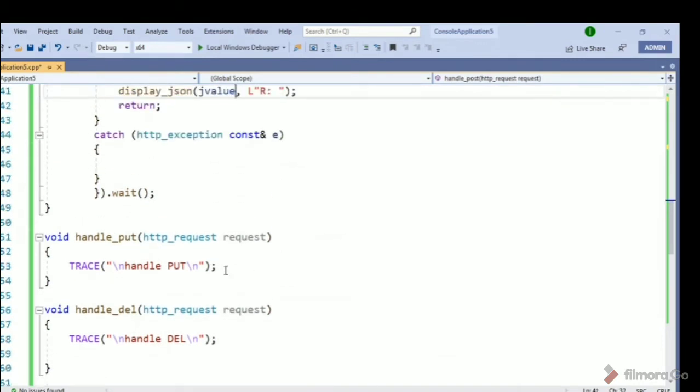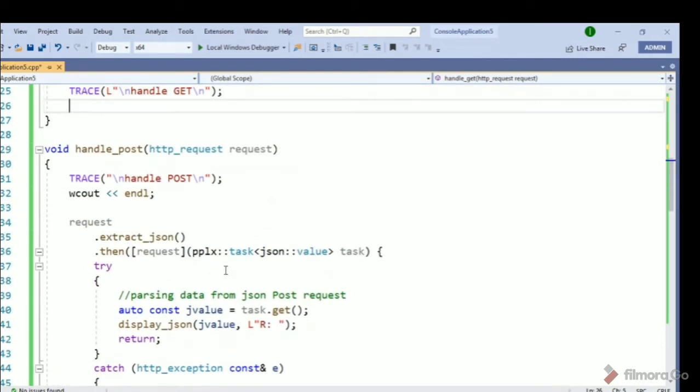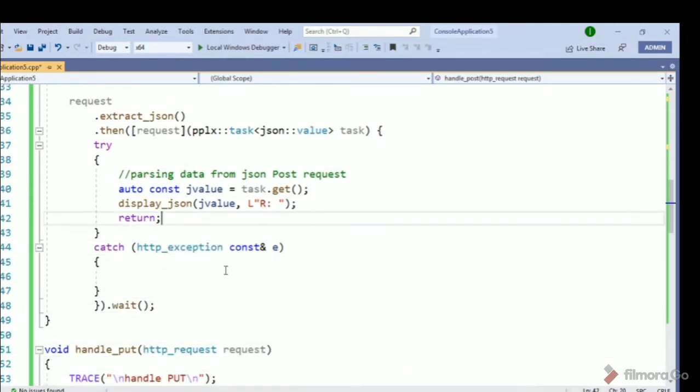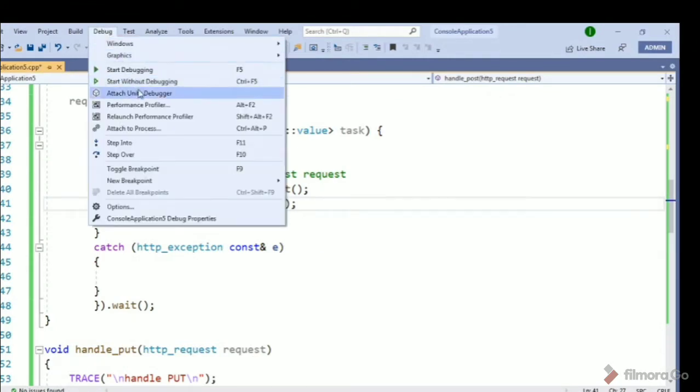Let's see the function handle post, because we will describe how to handle the post request in the C++ REST server. As you can see, we have an HTTP request and we are extracting a JSON from it. Once we extract the JSON, the task J value, meaning the request, we retrieve it inside the variable jvalue, and we are displaying the request. So if we run this program,